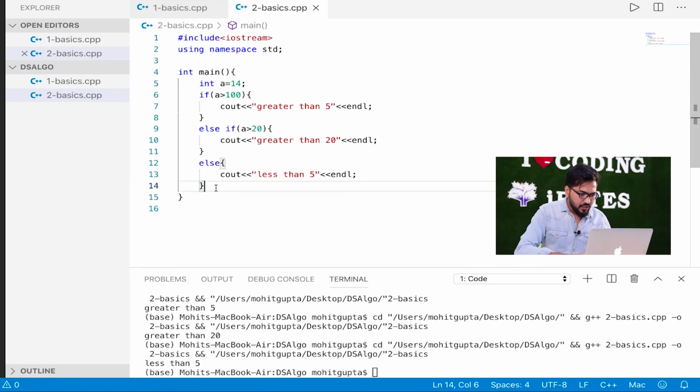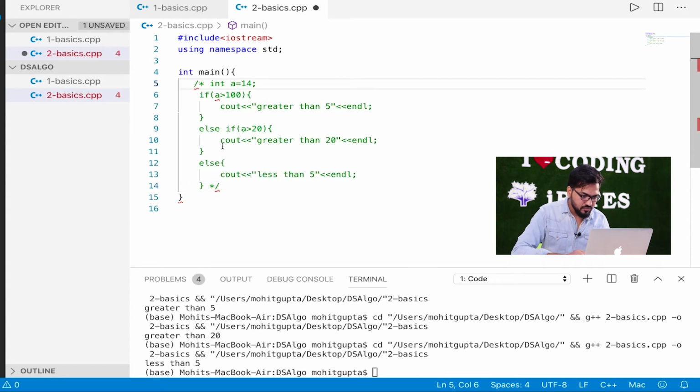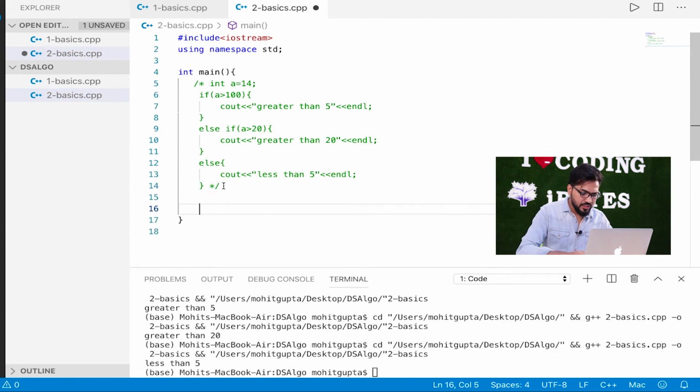So let me comment it first. So let me use two variables, int a is equal to 5, int b is equal to 10.